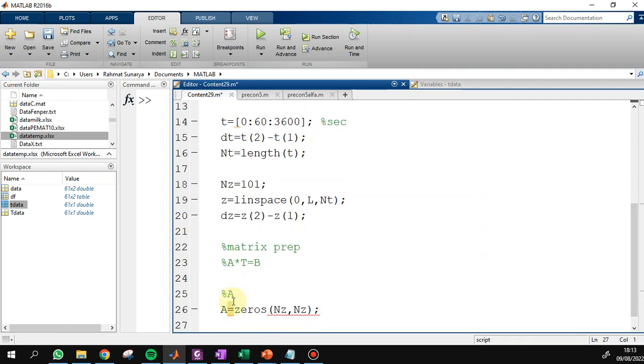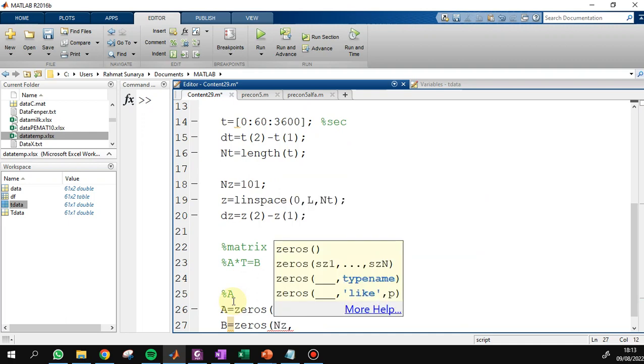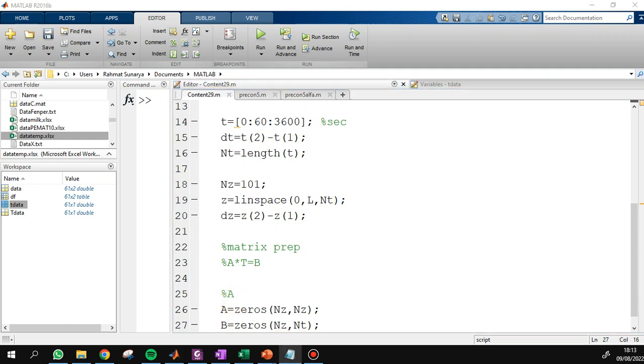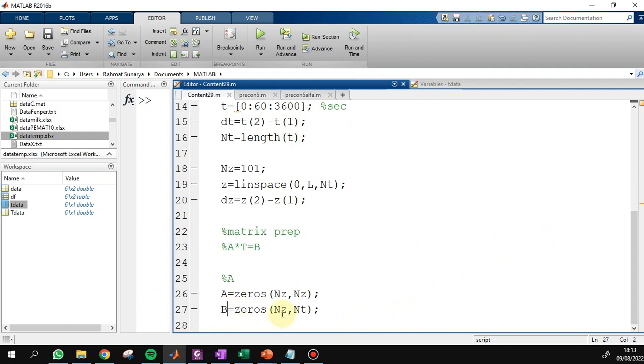Next is B, zeros NZ by 1. B is the constant. And T is zeros, NZ by NT.